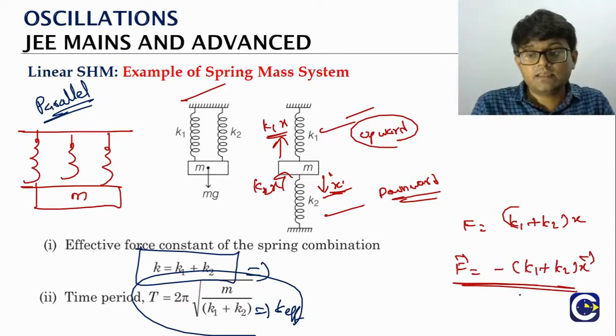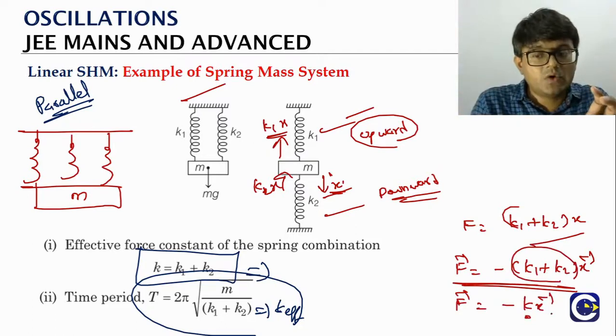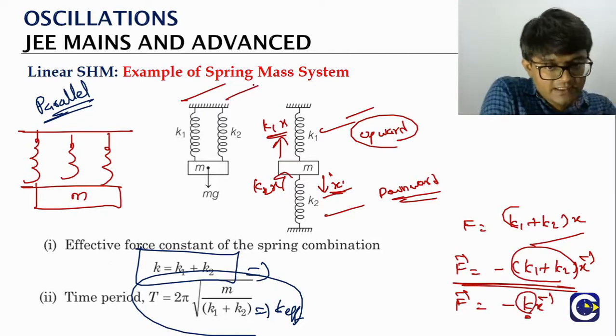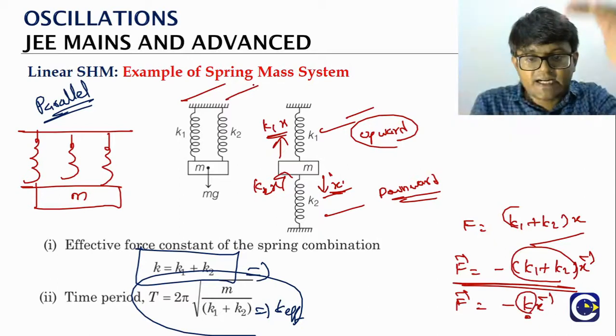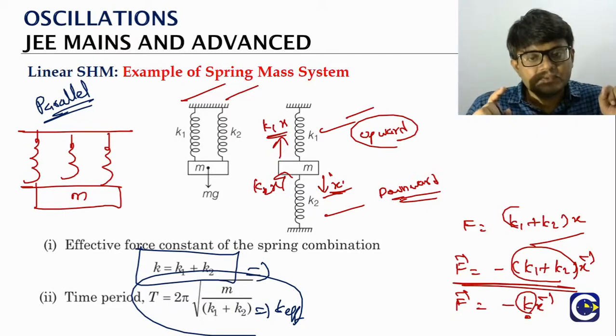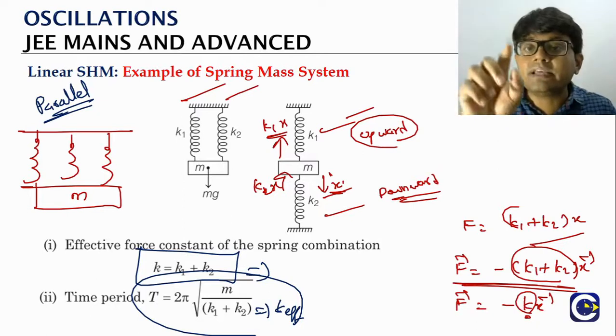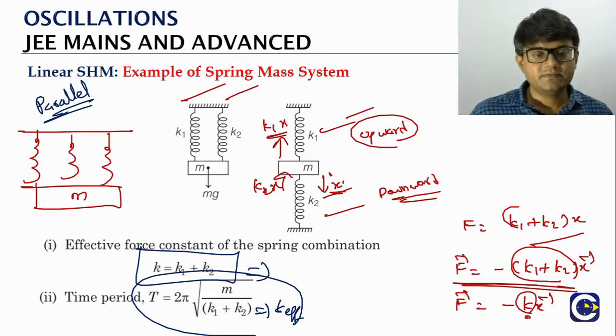Now if you think of it like the equivalent spring concept, the K1 plus K2 term is our effective spring constant. So either we have 2 springs in parallel like this or 1 spring on either side of the mass, in both cases the effective spring constant is K1 plus K2. And what will be the period of oscillations? Just remember 2 pi root m by that K effective concept.